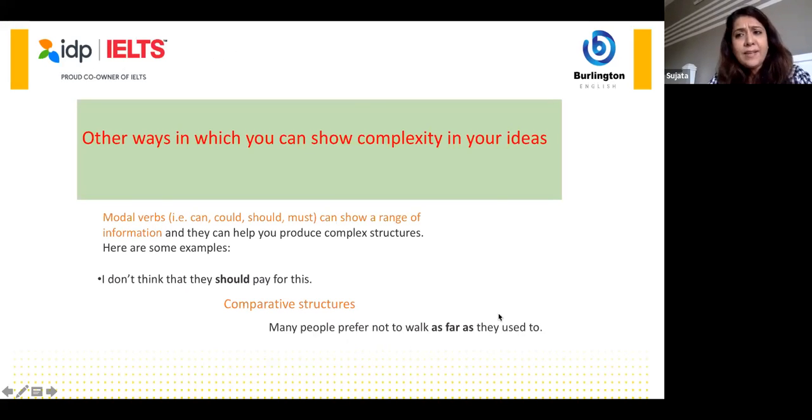Let's look at a sentence, because I was actually looking for a sentence from you all. Many people prefer not to walk as far as they used to. Okay. Now, Suraj, I would want every one of you to visit Cambridge English Dictionary whenever you have time. And in that, there's a grammar zone where the relative clauses are so detailed. So you can just pick up right away or order Raymond Murphy, and you can work on your clauses and see whether you got the noun clause right, which is about a person and or a place, or you got your adjective descriptive right. You will get to know when you practice them.